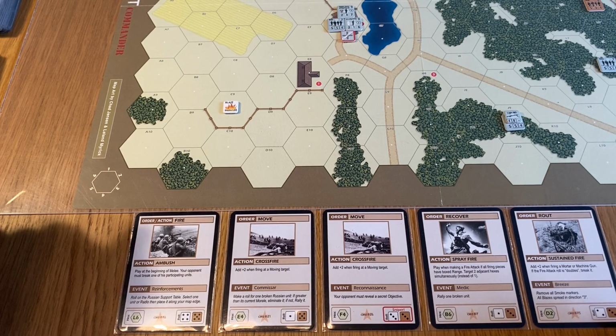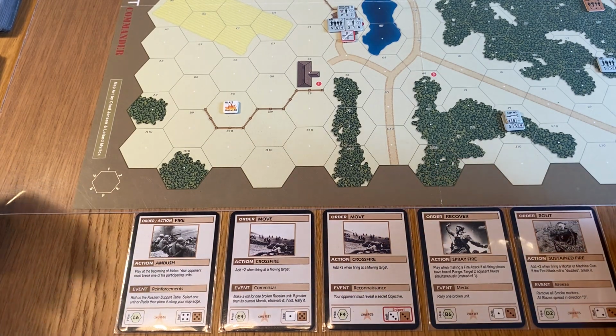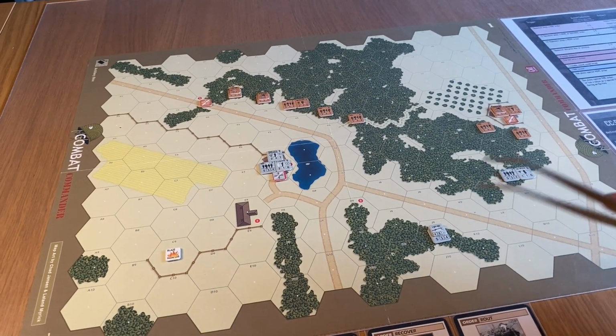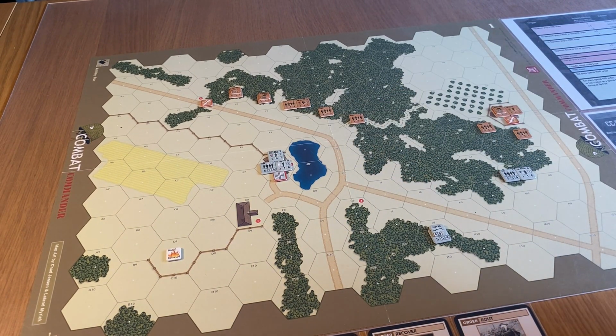Okay. So we've got the fire card now. We're going to do that. We've got 2 move cards, and yeah, we gave up the fact that that was a moving target. Fair enough. Recover's got the spray fire on it. Don't think that's any good to us. Let's say target 2 different hexes, but it needs to be a weapon that's firing, and we've only really got the 1 hex to fire at here. And then the route card has